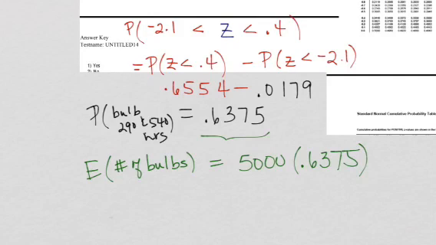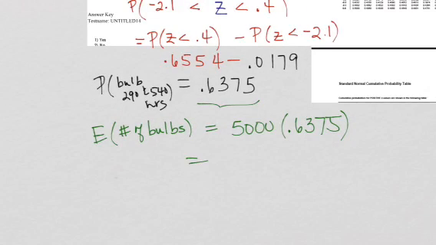I'm calculating that. Oops, except I did it wrong. 0.6375. Typo. You get 3187.5. And if you check the answers, this rounds up to about